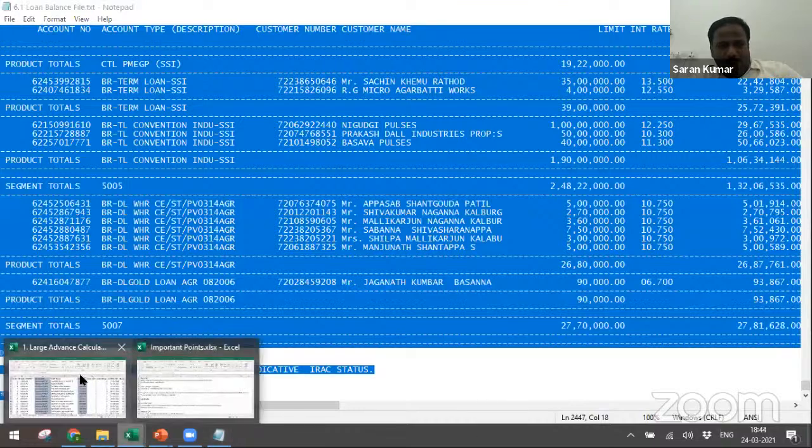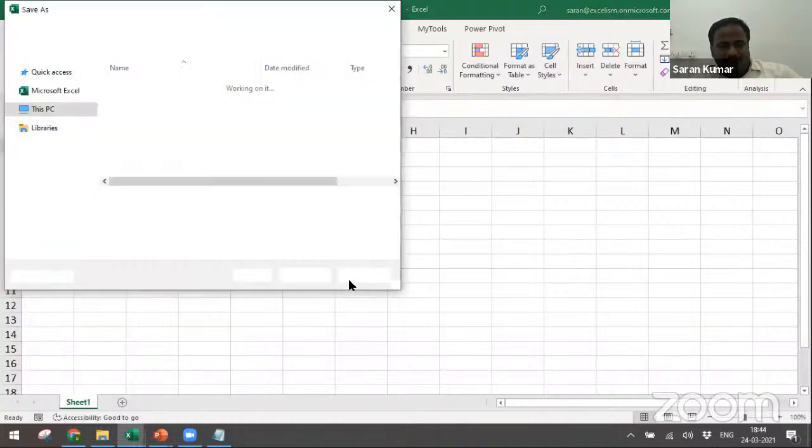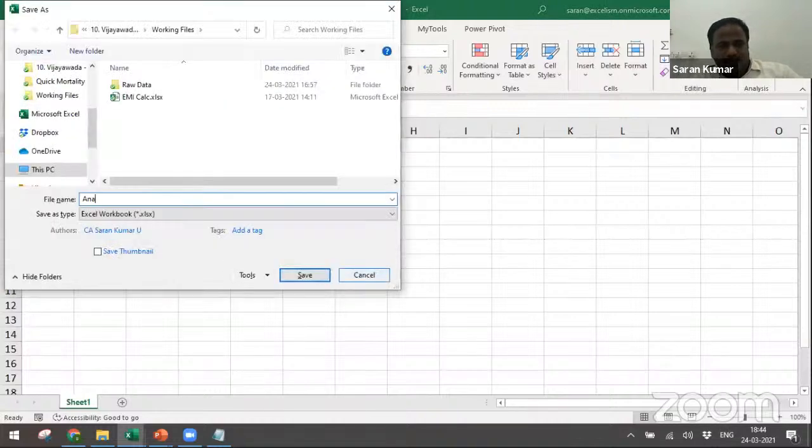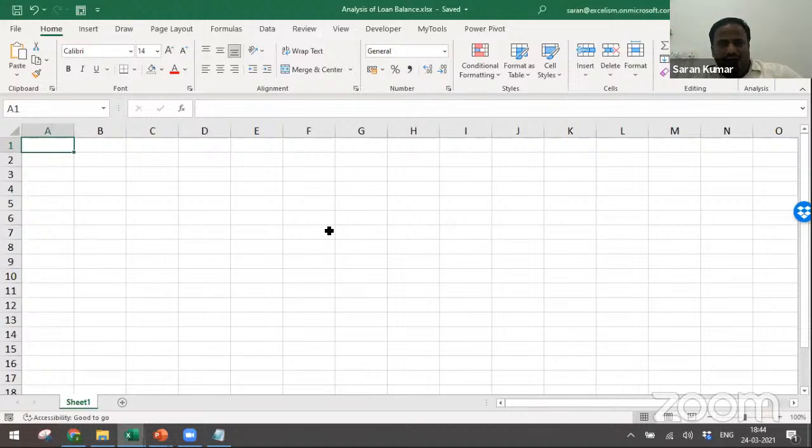Now let me open another file and save this file as the analysis of loan balance. Don't worry, whatever files I'm keeping here automatically update into the link. You just refresh the link once it gets synced.